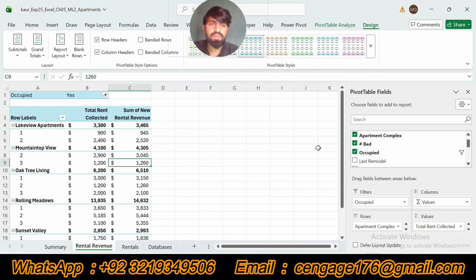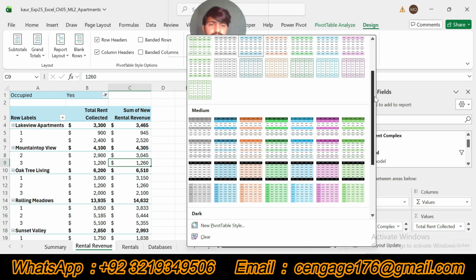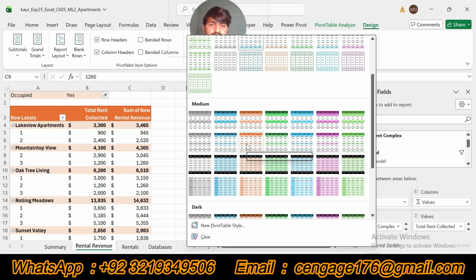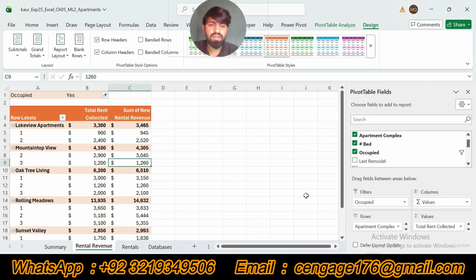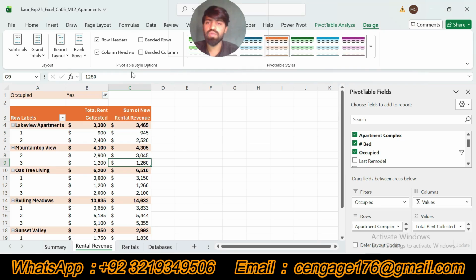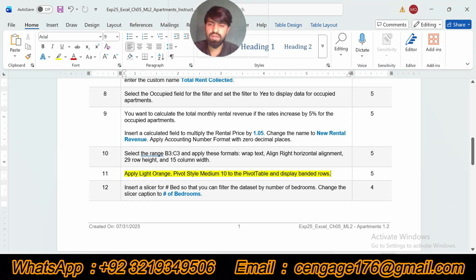pivot style medium 10. Light orange pivot style medium 10, this one, apply this one and then display banded rows. Go to pivot table style options group and then check the banded rows. So our step number 11 is done, and there are total